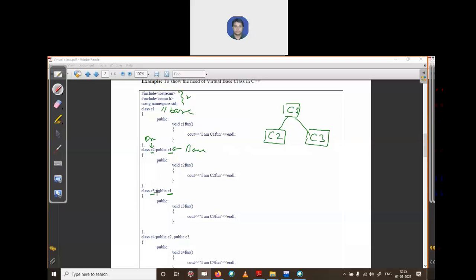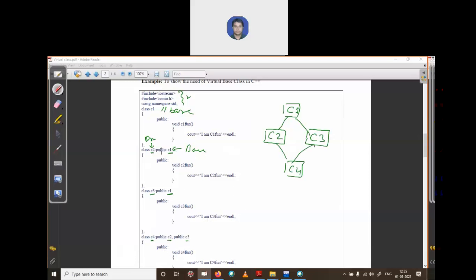Till this point I created three classes, C1, C2, C3, where C2 and C3 are derived from C1. Then in the next line I created one more class C4, and C4 is derived from C2 and C3.